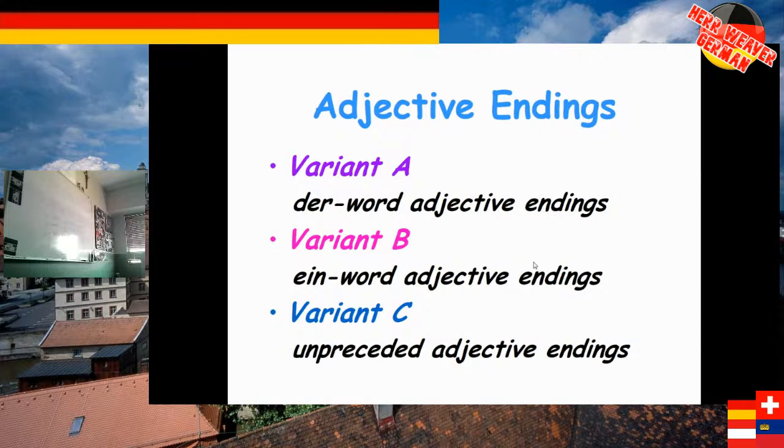What about ein words that precede nouns? Like, instead of saying the old grandmother, we say an old grandmother. Instead of saying the new bicycle, I'm buying a new bicycle. Instead of saying you all have the black chair, you all have a black chair. And those endings are different. Einen, right? Those would be the words that are preceded. And then what's going to be the ending that goes on to the adjective alt or neu or schwarz?